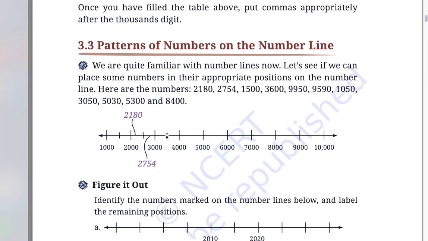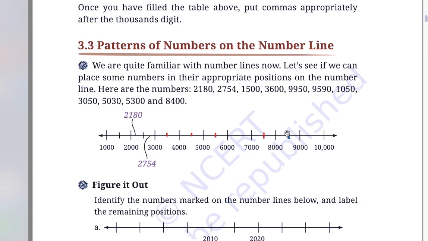So if I draw this small, that means this is 3500, and the next will give you 4500, this 5500, and this is your 6500, and then you have 7500, and the next we have 8000. This cut we draw again in the middle of this. If we draw the cut in the middle, that means it is divided into 500 each part.